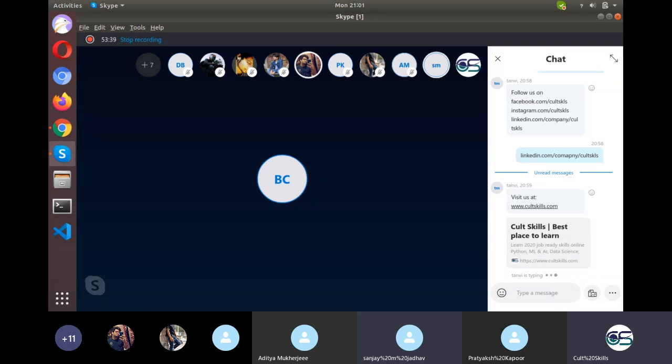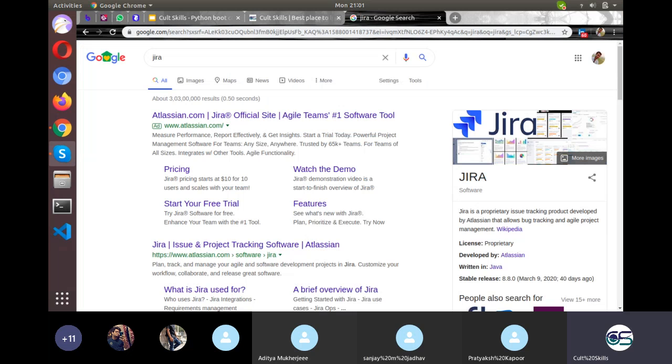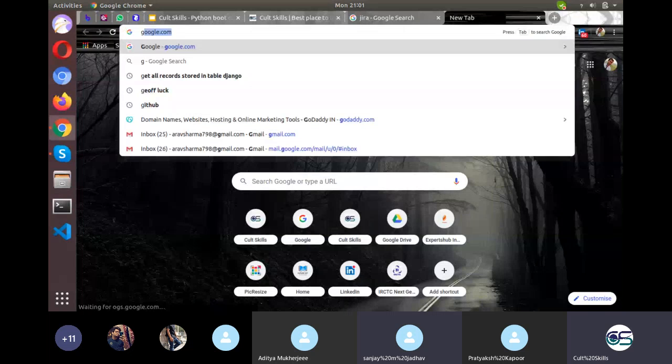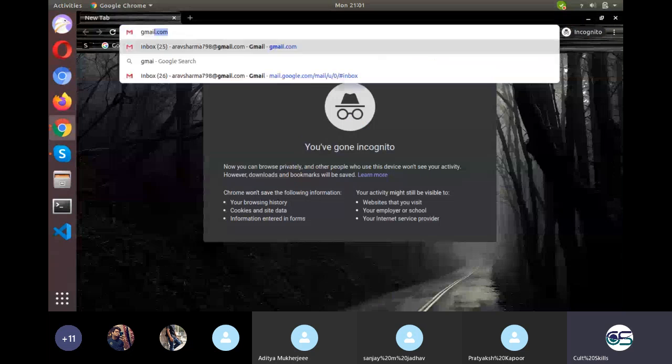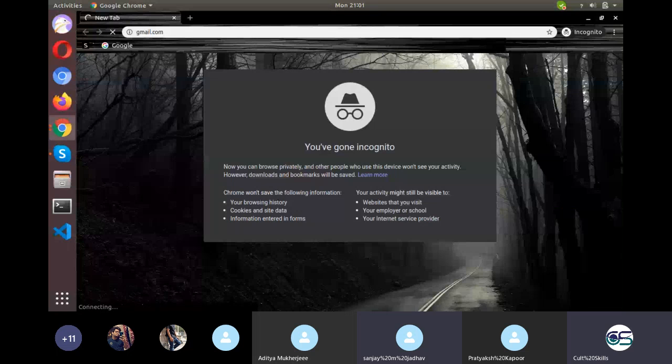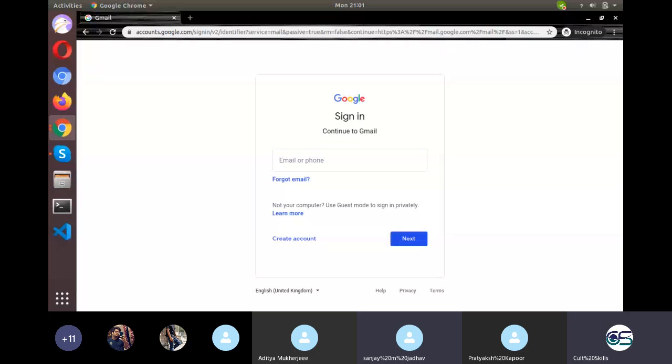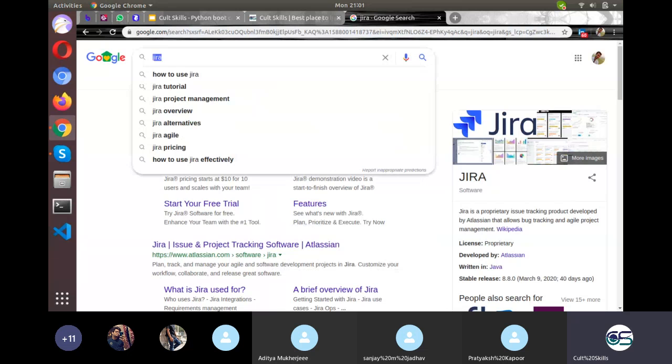I have to write code in Python to log on to this particular Jira site, give my credentials to log in, and then fetch that particular data. Basically, what you want is, if I open Gmail in incognito, this should be opened from your Python script. If I'm writing my username, that should come from your Python script. Then you press next, and your password should also come from your Python script. This whole thing is basically controlled with Selenium.